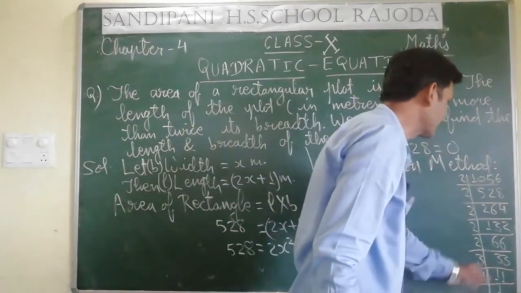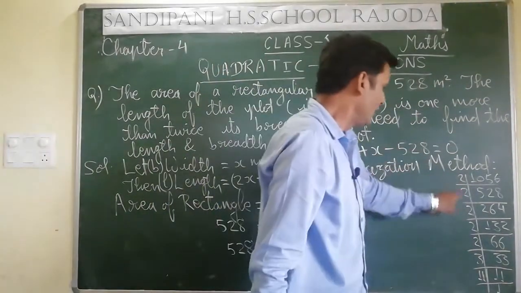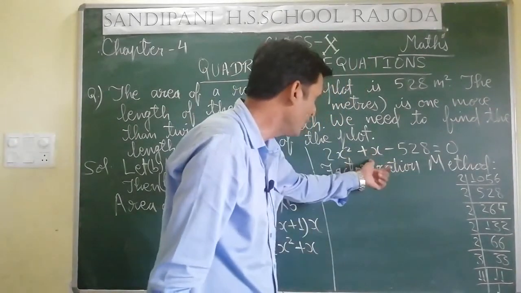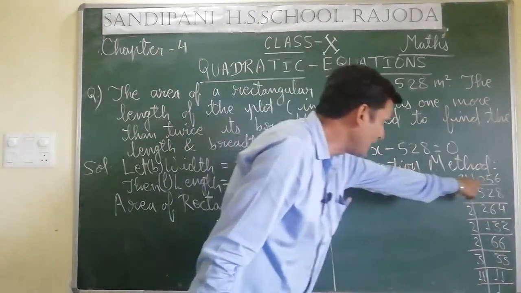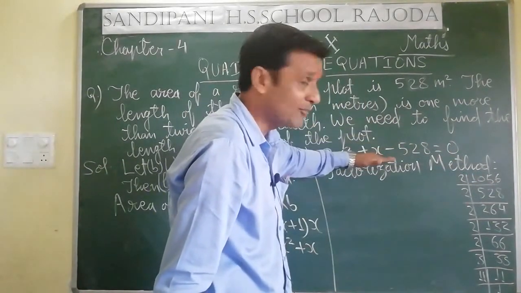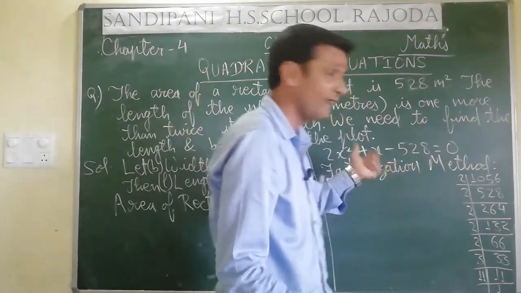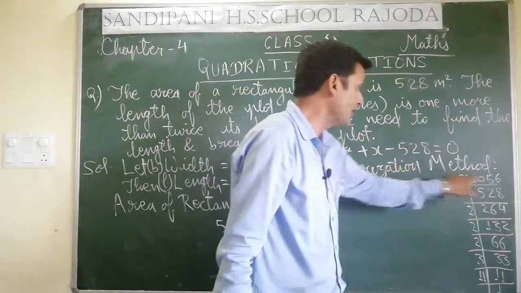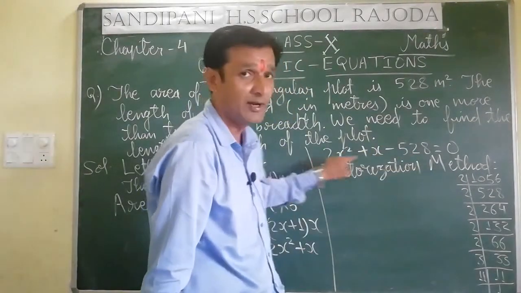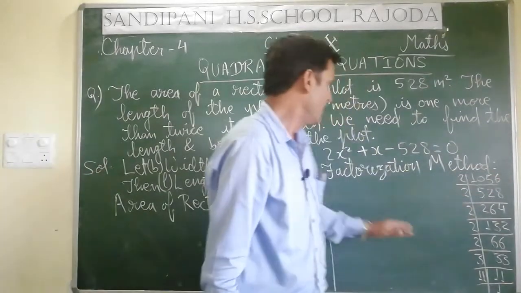These are the factors we can say, because I am explaining the factorization method. According to these factors, we have to break this particular value 1056 in such a manner that the sum should be equal to +1 and the product of those two values should be equal to 1056, because the coefficient of 528 is 2 here, so 528 into 2 is 1056.